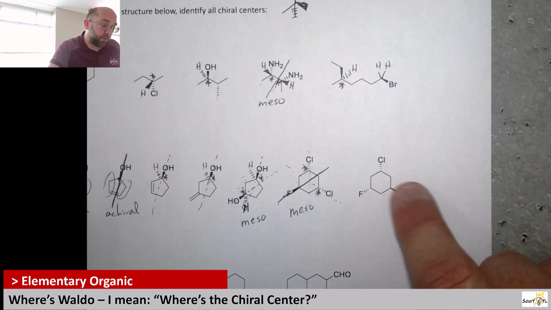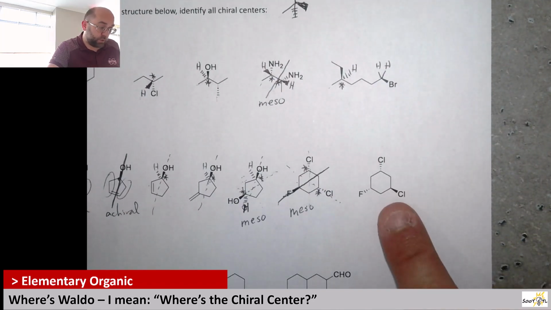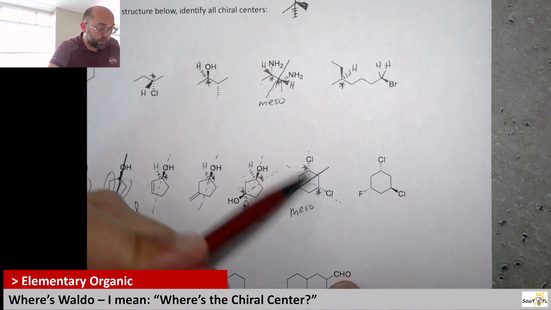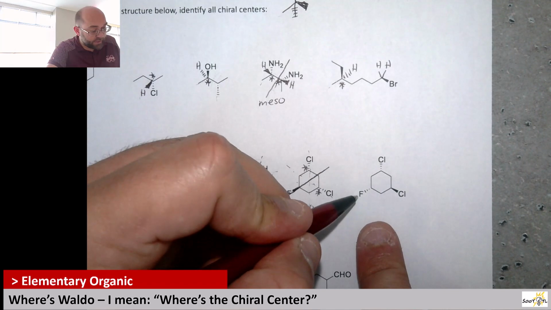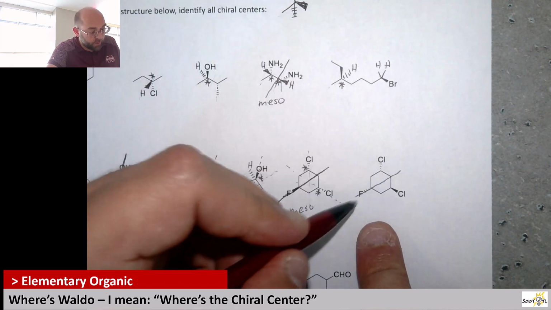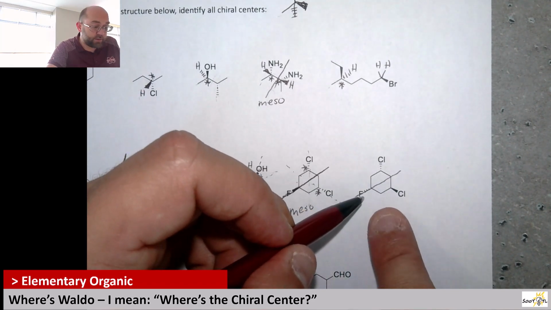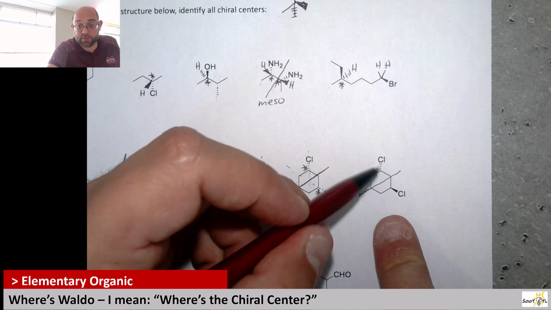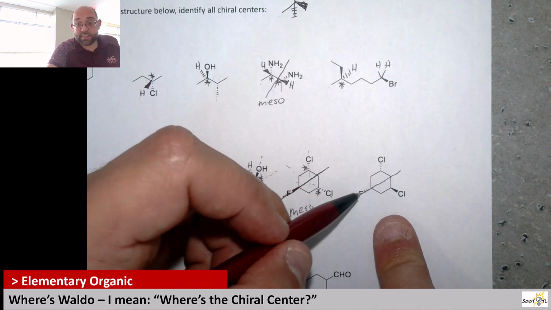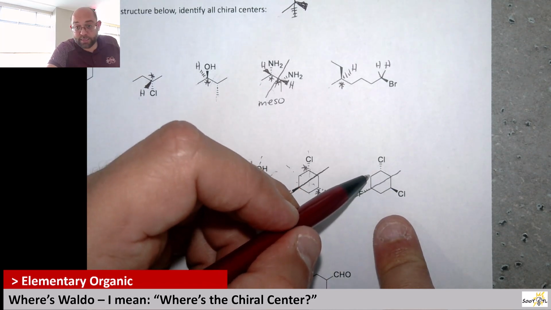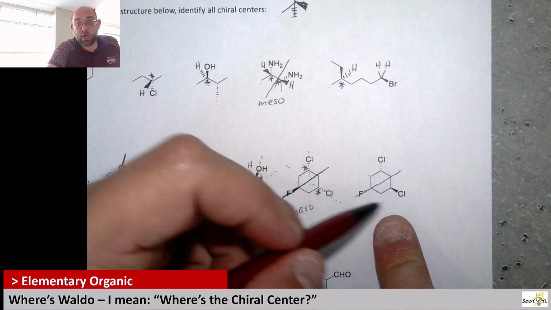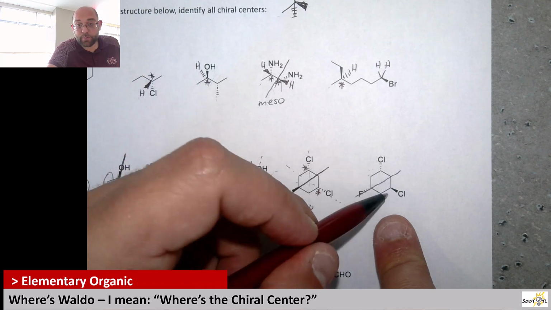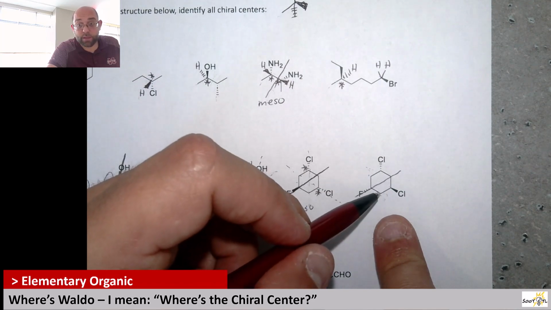Okay. Now, if we look at this one, it has 2 chiral centers, but it's achiral because it's meso. Now, if we look at this one, this still has that same plane of symmetry here, right? So that is still not a chiral center. Even though this is wedged and this is dashed, it still has the bonding the same, CH2, CHCl, CH2, CHCl. So you can assign different priorities to these, okay? So